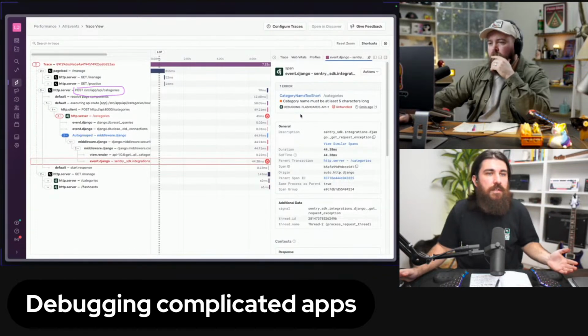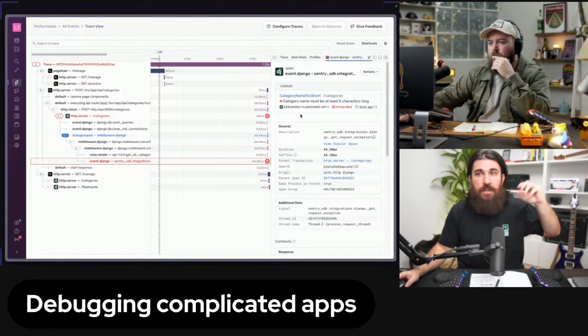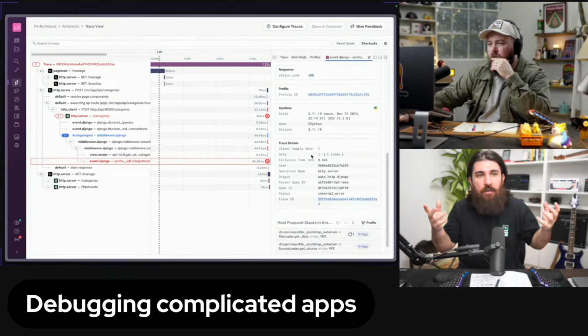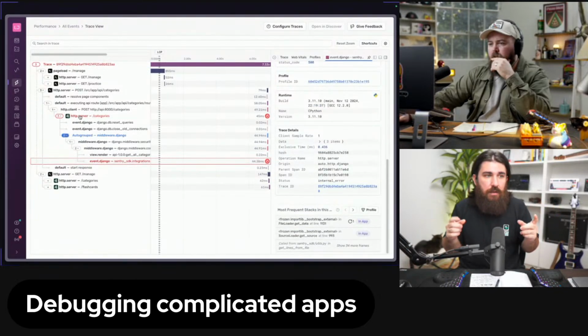They're gonna see that, just by looking at the trace, this happens when we do this. So the front end is not working, right? And because we do have that session recording, they can even go see the session replay when they post on /categories and see that little thing at the bottom. We're gonna opt out of masking, so they're going to see that there's a category created successfully. Right. Toast.